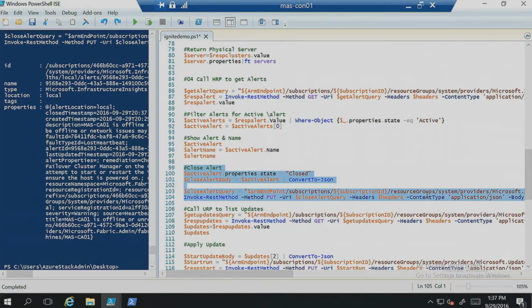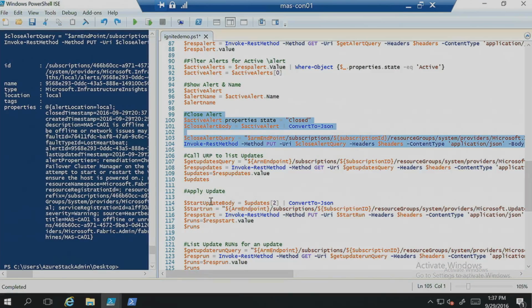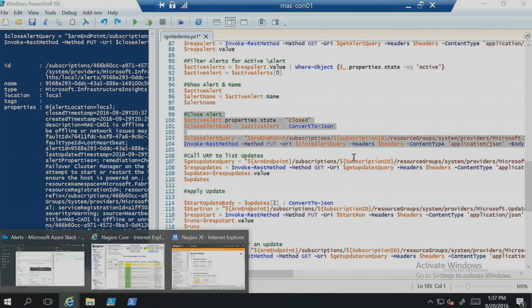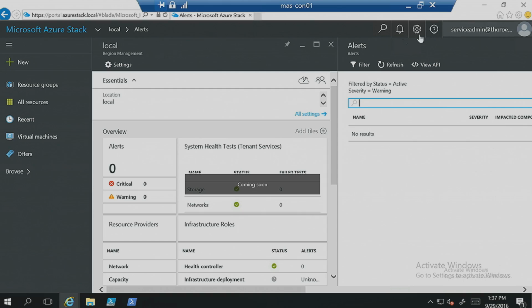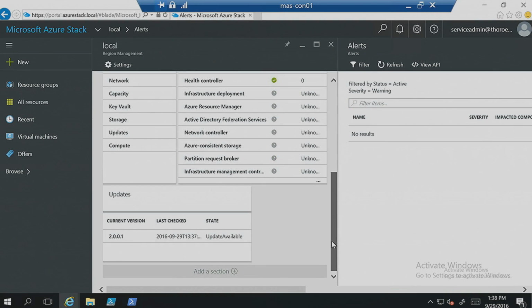Let me do a quick last demo of the update RP. We see the current version of this Azure Stack deployment is 2.0.0.1, and we know there is an update available. Let's take a quick look.